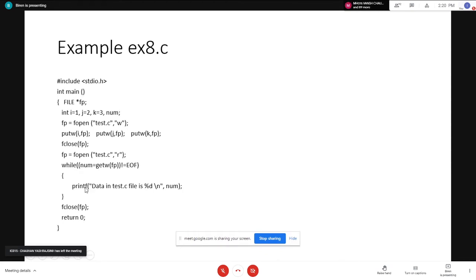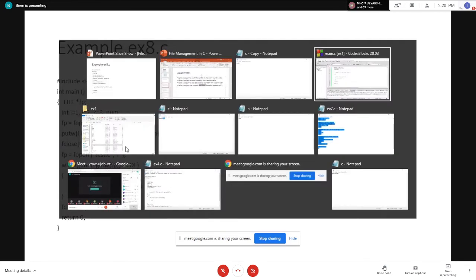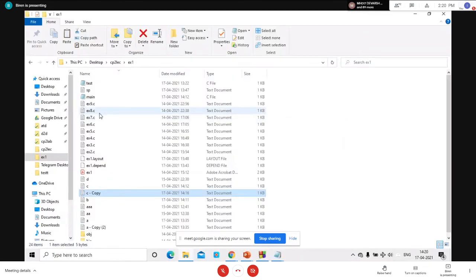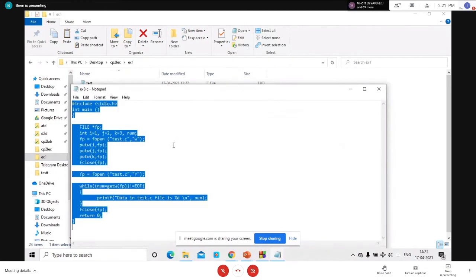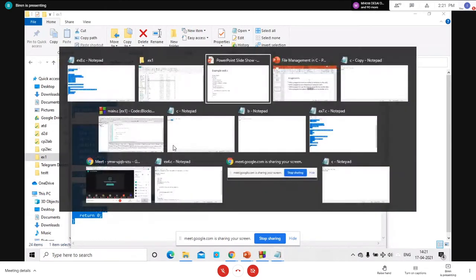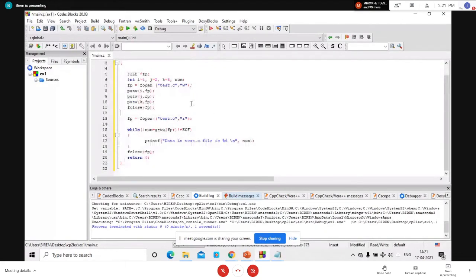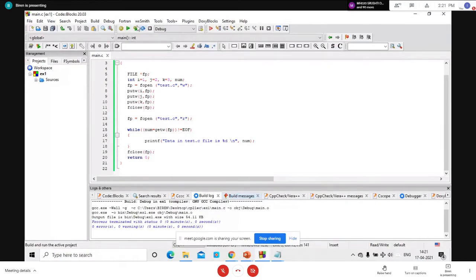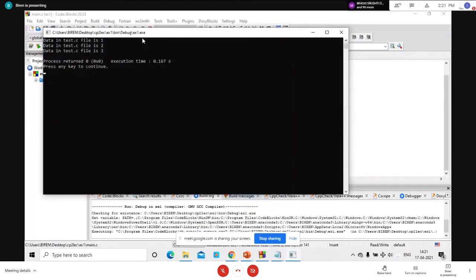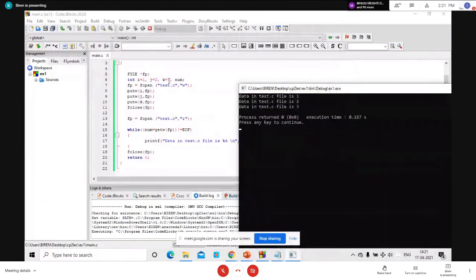Now let's discuss this with execution. Here you can see, first I'm going to write 1 inside this file using file pointer fp.